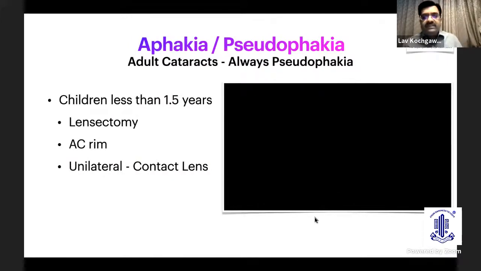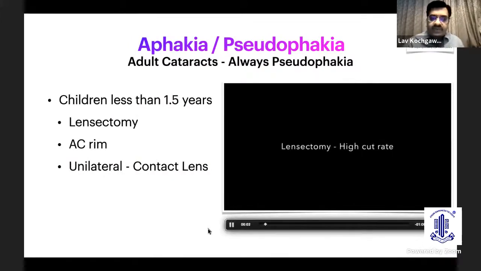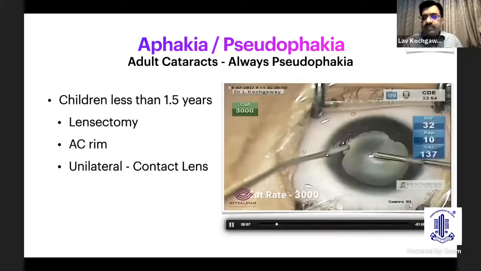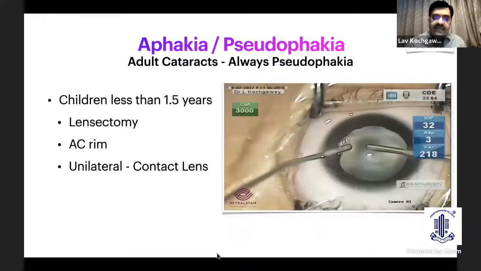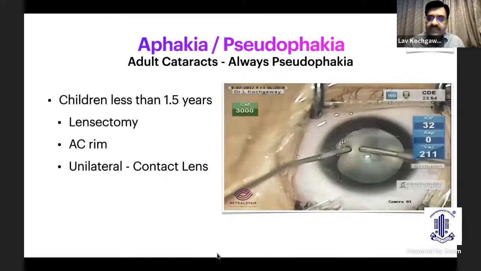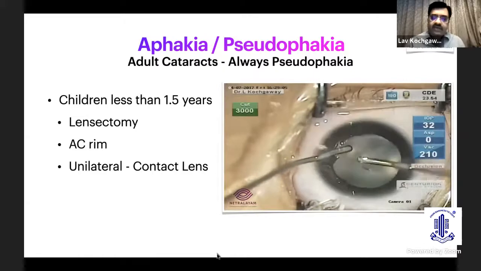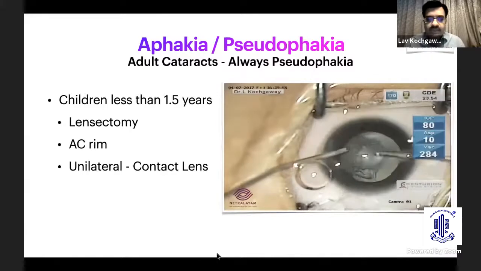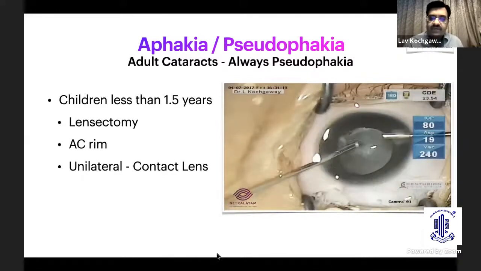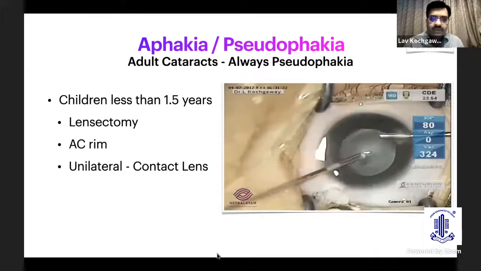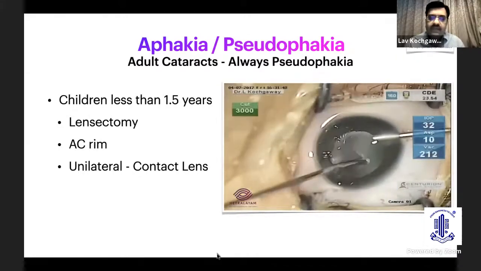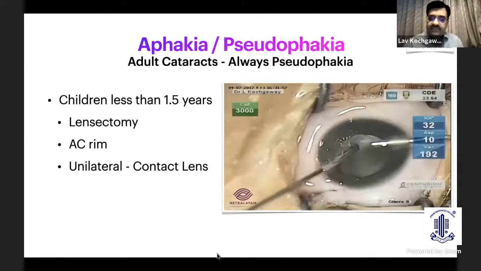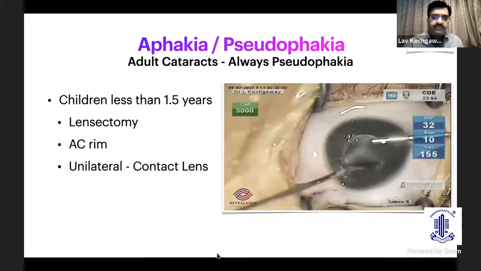Another important difference is whether we implant the IOL in children or not. As you can see, many times in infants, we decide against IOL implantation, which is not the case in adult cataract surgery. And if we are doing a lensectomy, it can be either a limbal route or a pars plana route, and care has to be taken that we leave a small portion of anterior capsule rim for a future IOL implantation. And in unilateral cataracts, post-operatively, contact lens is advisable rather than aphakic spectacles.